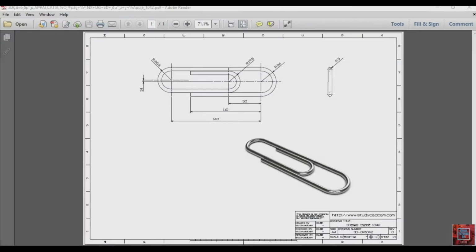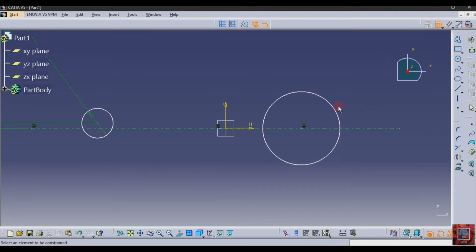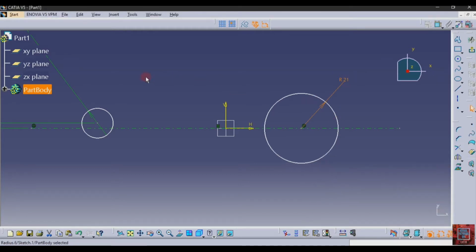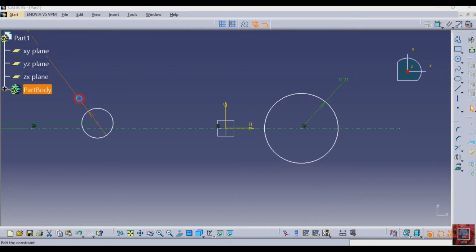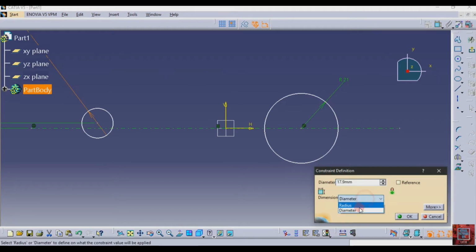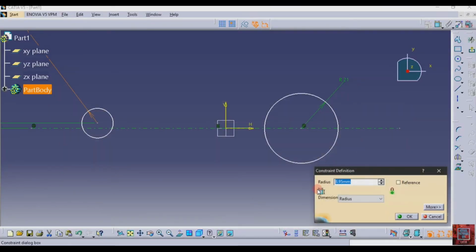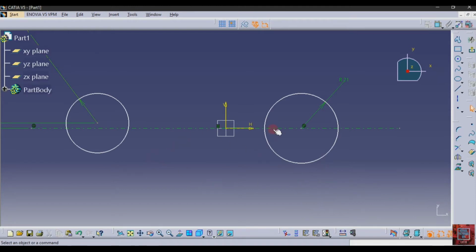The radius is 24 minus 3, 21. And in the first circle I selected the wrong dimensions, so 20.9 minus 3.